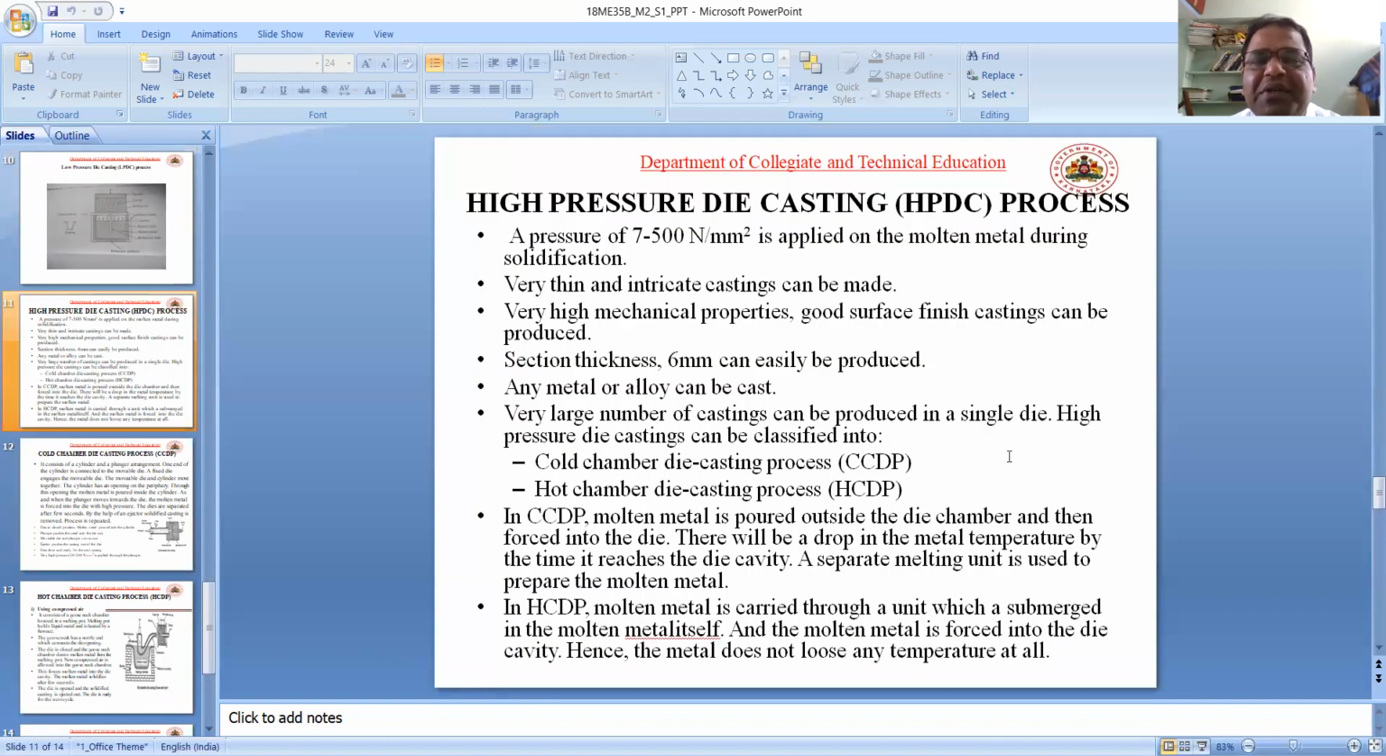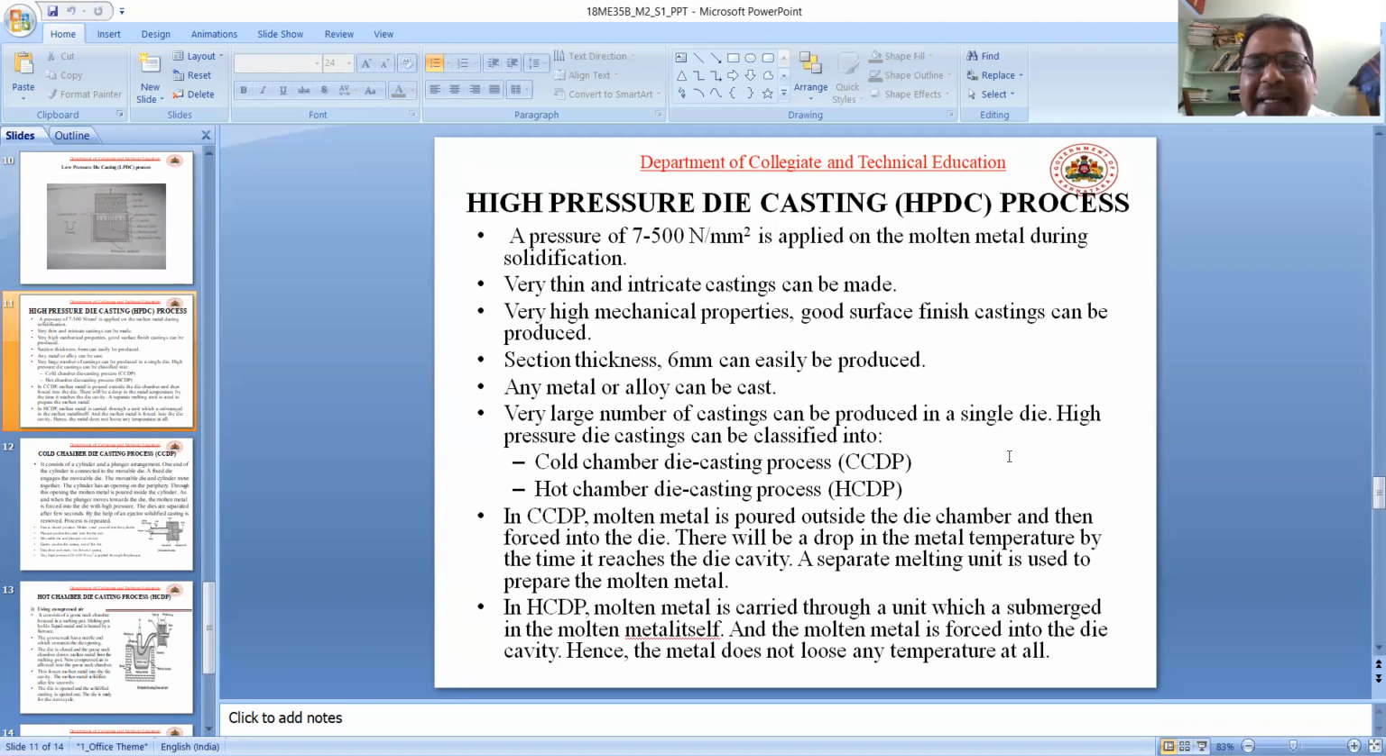A pressure of 7 to 500 Newton per mm square is applied on the molten metal during solidification. Very thin and intricate castings can be made. Very high mechanical properties and good surface finish castings can be produced. Section thickness of 6 mm can be easily produced. Any metal or alloy can be cast. A very large number of castings can be produced in a single die. High pressure die castings can be classified into